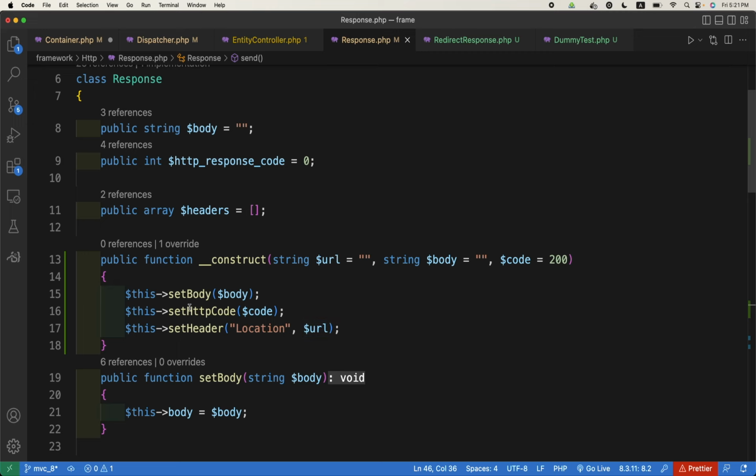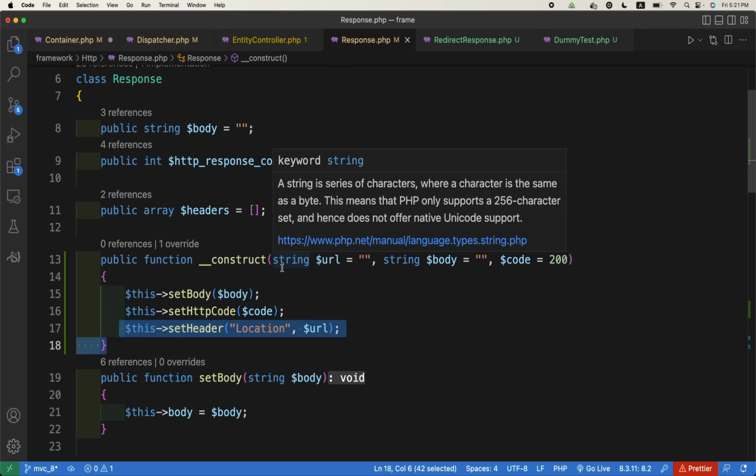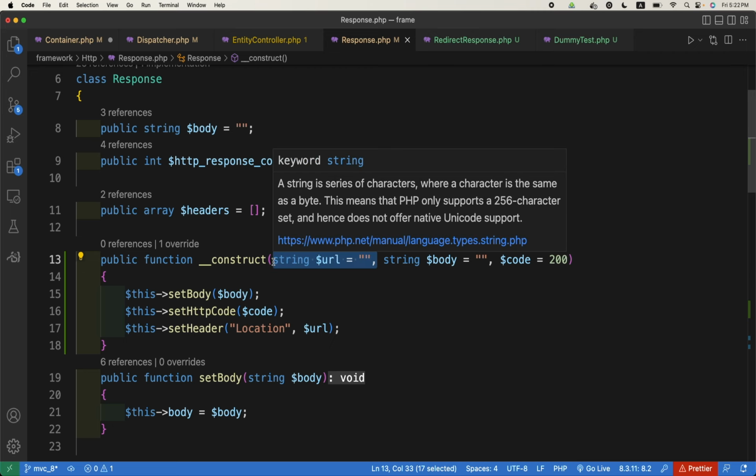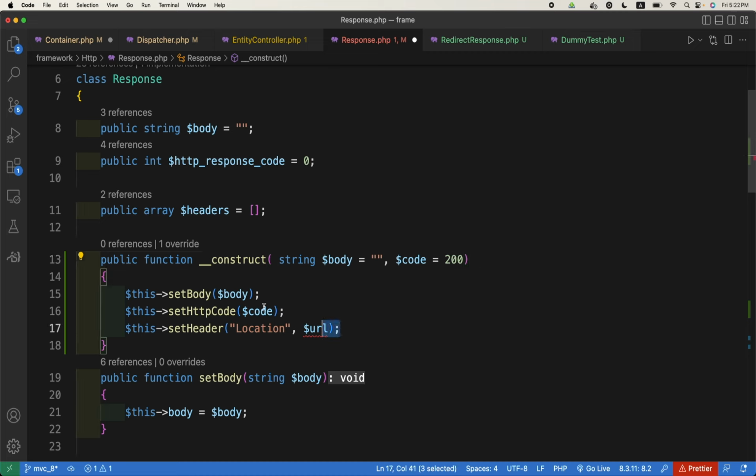But this we are not going to do here. Why? Anybody? Yes, we can use body and code, but we should not use URL in the parent class. We should use it in the child class, right? So let me remove this. We can do it here, but we will remove it from here, and in the child class,